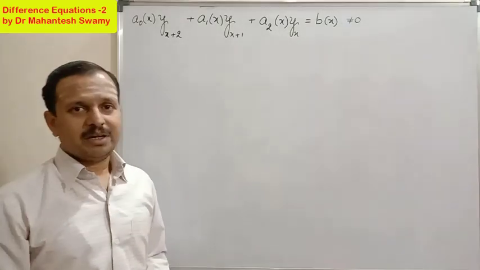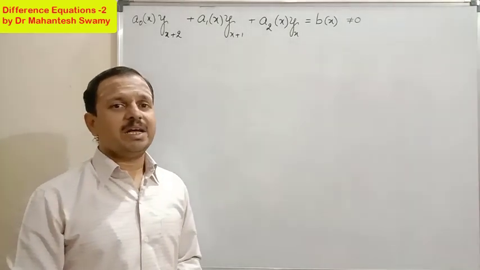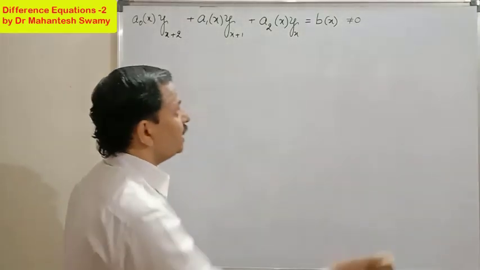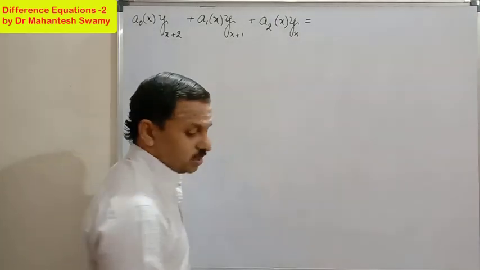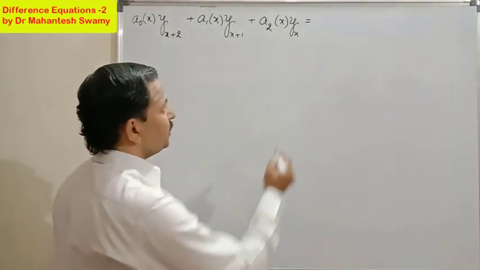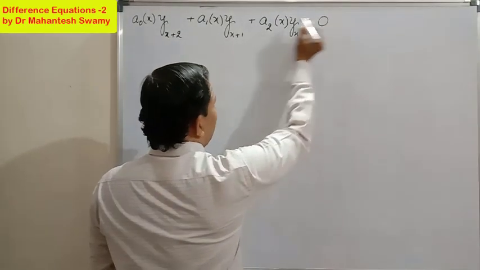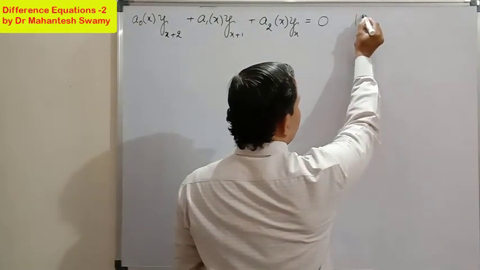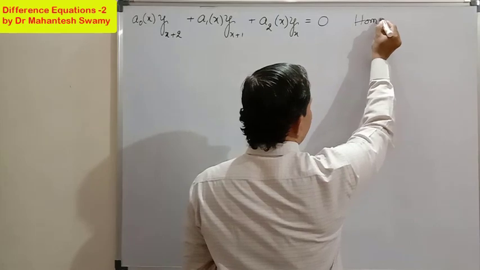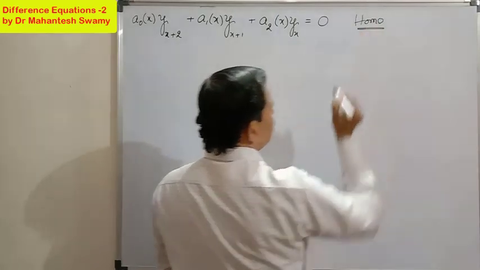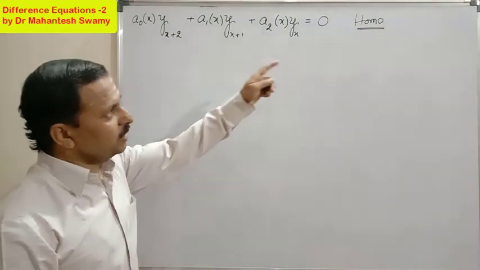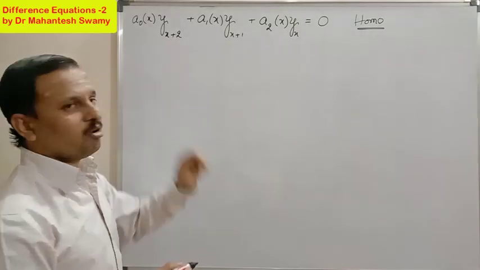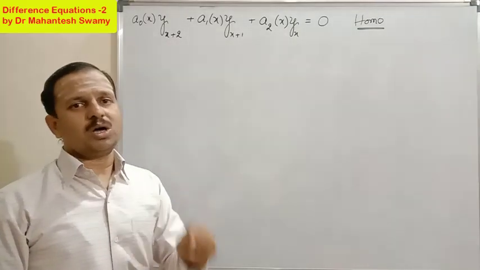On the other hand, if the right hand side is simply 0, then the difference equation is called a homogeneous difference equation, and we will now consider homogeneous difference equations of second order